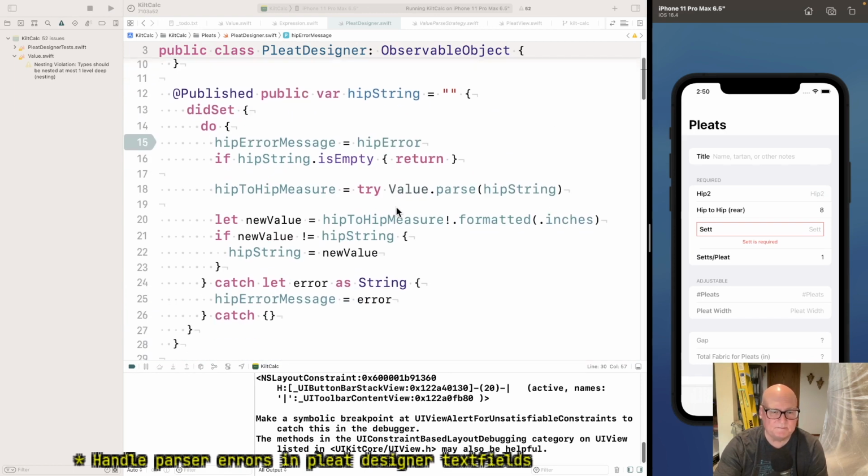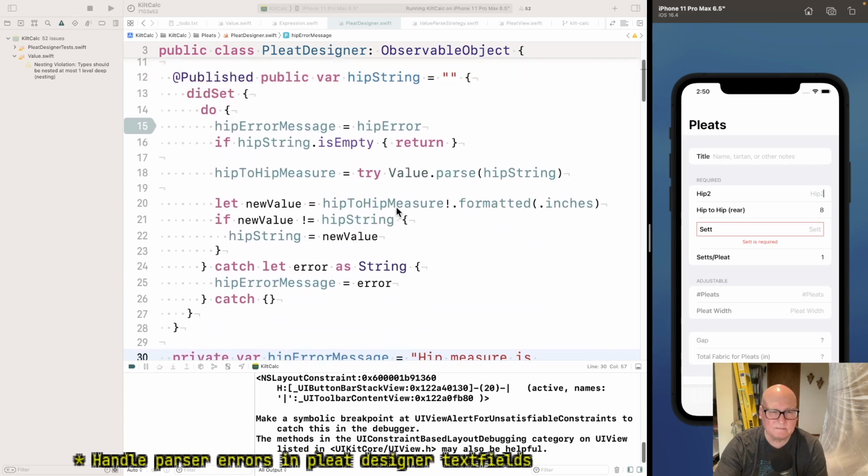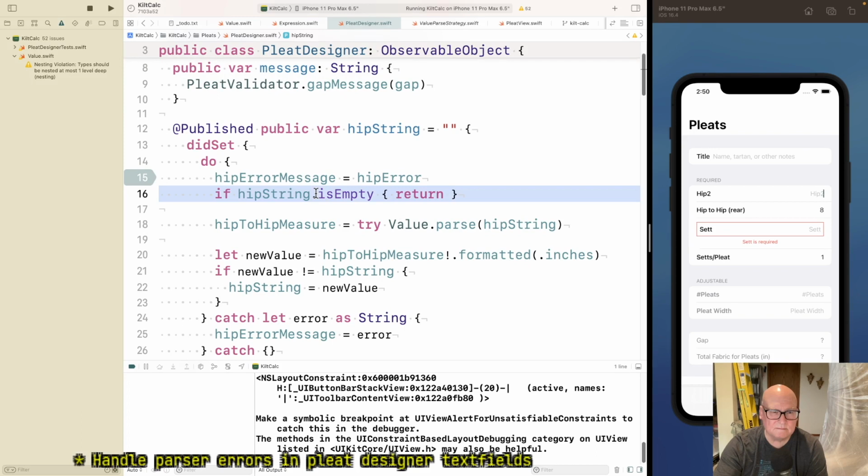Oh, golly. I mean, if it's empty, hip error message. Well, we haven't changed hip to hip yet.